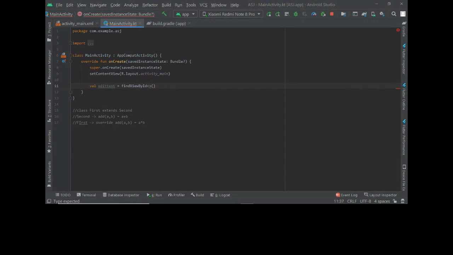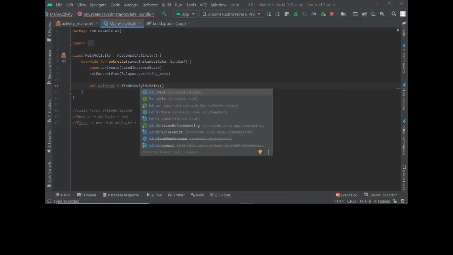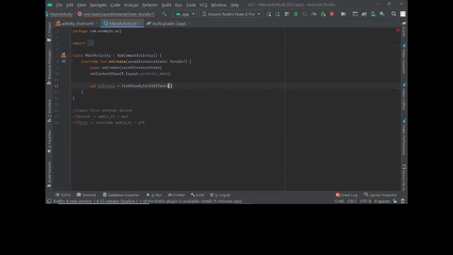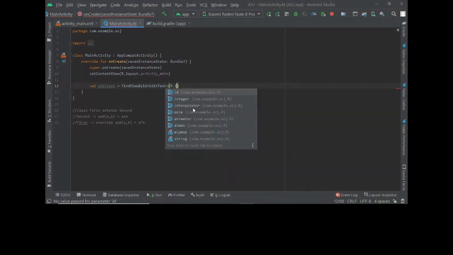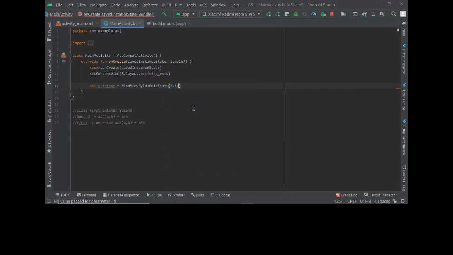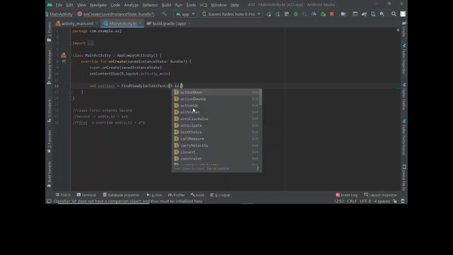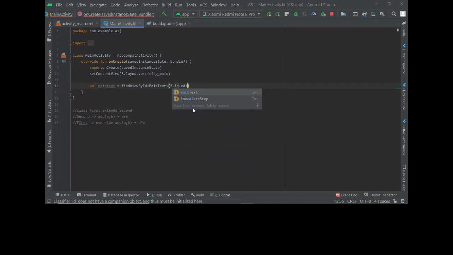Here we need to type in the type of what we're identifying. Since it's an edit text, we'll type the type as edit text. And here we need to write the ID of this edit text. All these IDs are stored in resources, and R basically means resources. R dot id dot edit text.